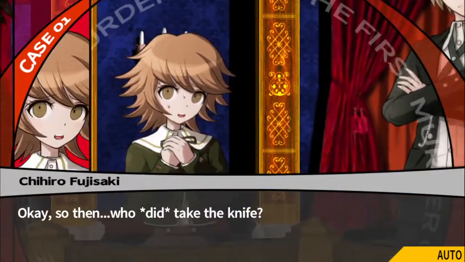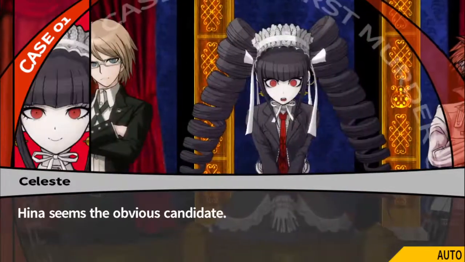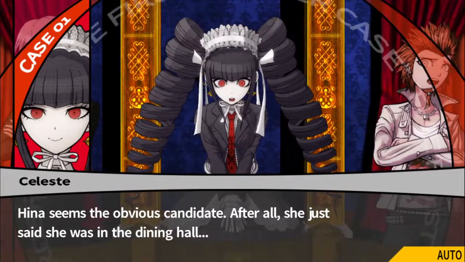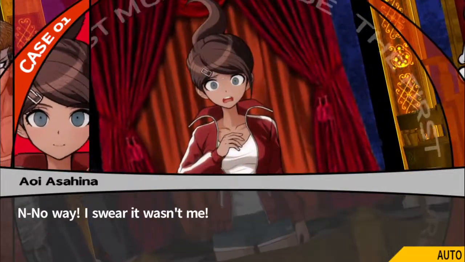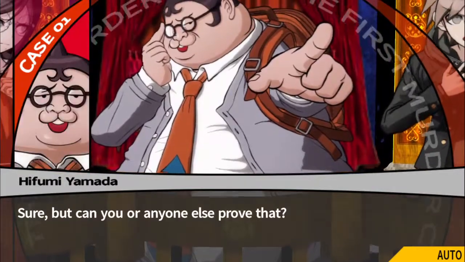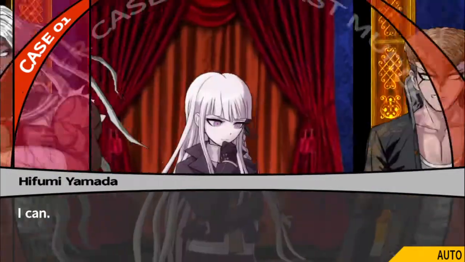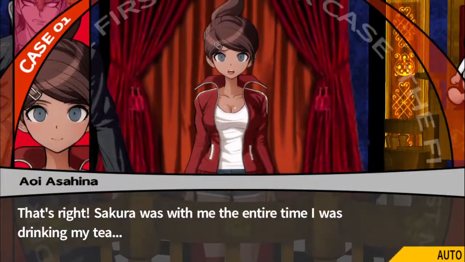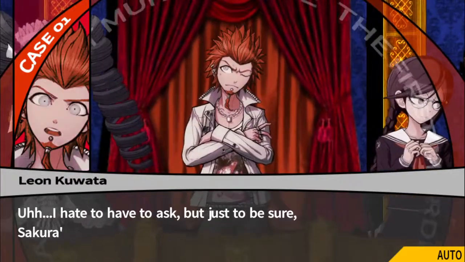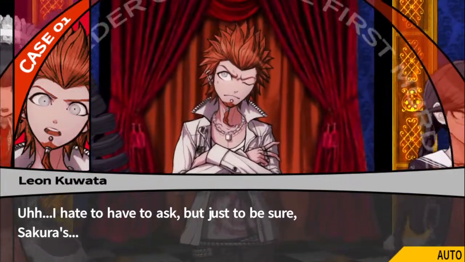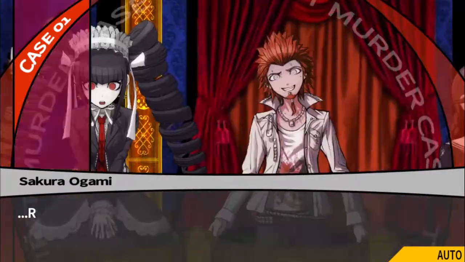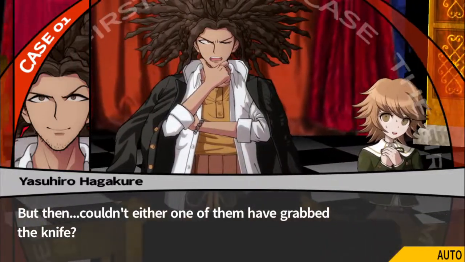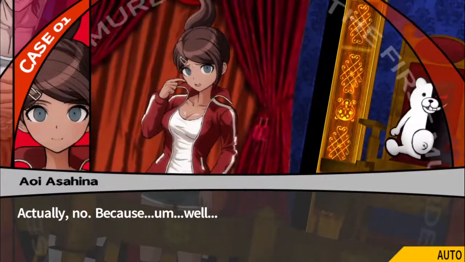Okay, so then, who did take the knife? Hina seems the obvious candidate. After all, she just said she was in the dining hall. No way! I swear it wasn't me! Sure, but can you or anyone else prove that? I can. That's right! Sakura was with me the entire time I was drinking my tea. I hate to have to ask, but just to be sure, Sakura's... Me. Right. But then, couldn't either one of them have grabbed the knife? Actually, no. Because,